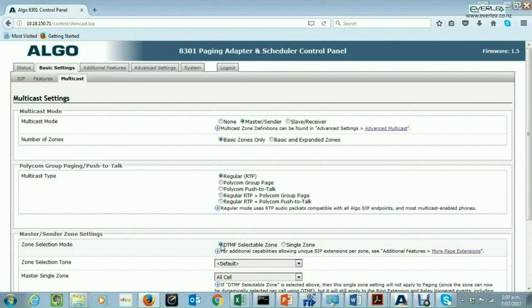Then we dial 3002, and that'd be paging zone 2, 3003 would be paging zone 3. If you had your advanced stuff, you would go 300 star 10, and that would be for paging zone 10. Okay, so